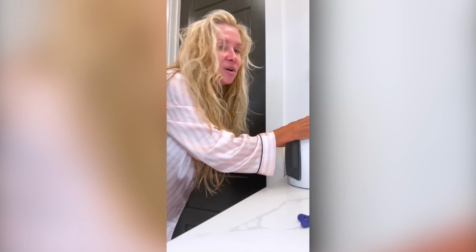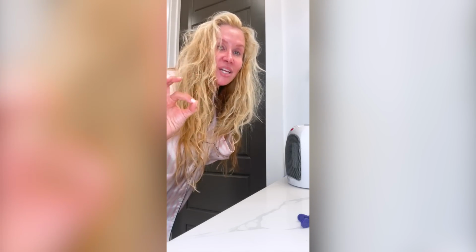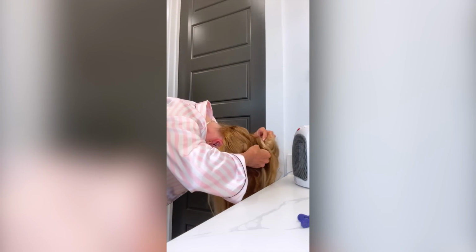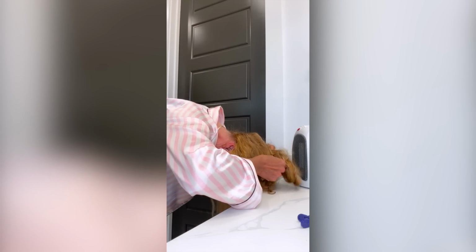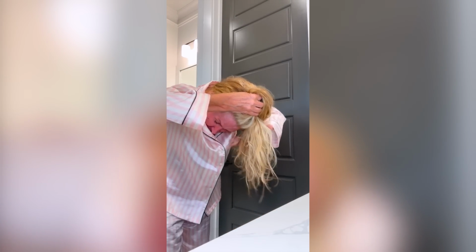Okay, you guys, so it's basically dry. You know how right back here in the back of your head is the last part to get dry. I always tell you exactly what I do, no matter how crazy it is. I don't know what made me do this one night, but I just turned my head over. Then I let it dry in this space heater. Then while it's drying or cooling off, I take it, wrap it, same bun I always do for sleeping, just a really